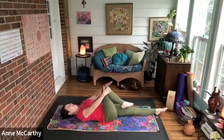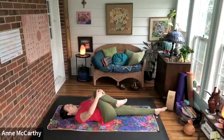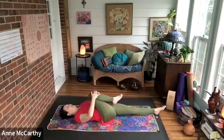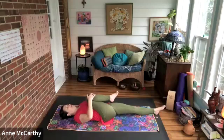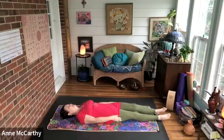When you're finished, hug that knee in towards your right shoulder. And on the exhale, relax into the mat. Inhale and pull. Exhale, relax. On this inhale, pull it towards the center of your chest. Inhaling and pull. Exhale, relax. Inhale, pull. Exhale, relax. And you can send your right leg down to meet your left, and then pull your